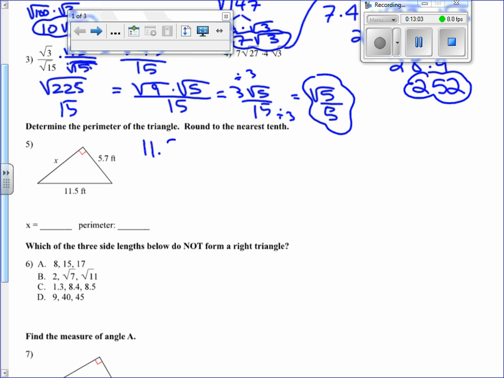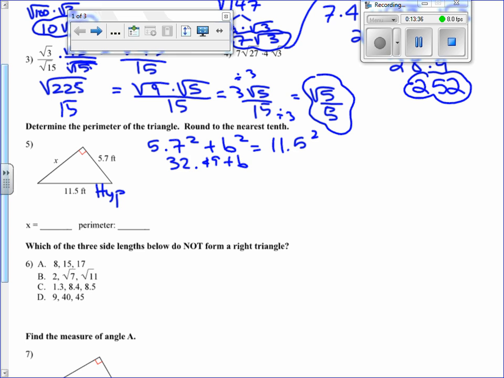Now, the most common mistake I saw was that people put the hypotenuse on the wrong side. I'm competing with some of you. So people did 5.7 squared plus 11.5 squared equals c squared. Remember, this is the hypotenuse. So when you do this, we're going to get